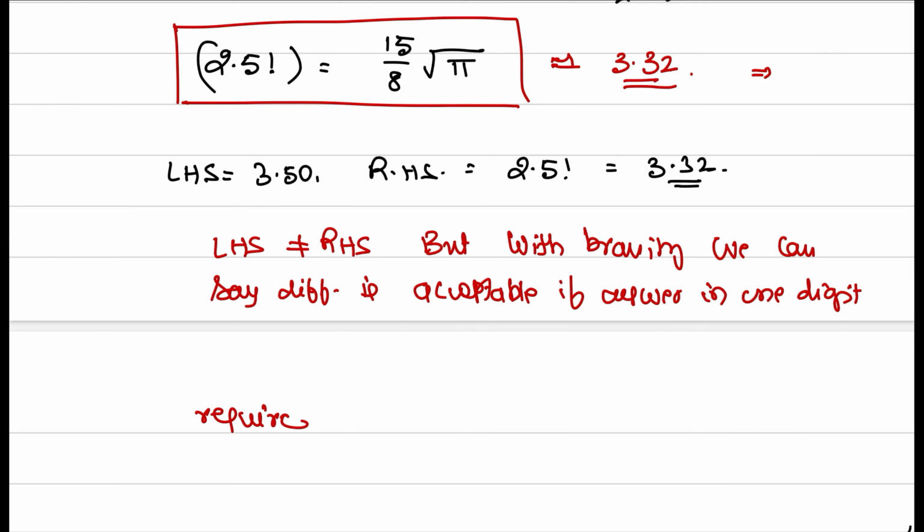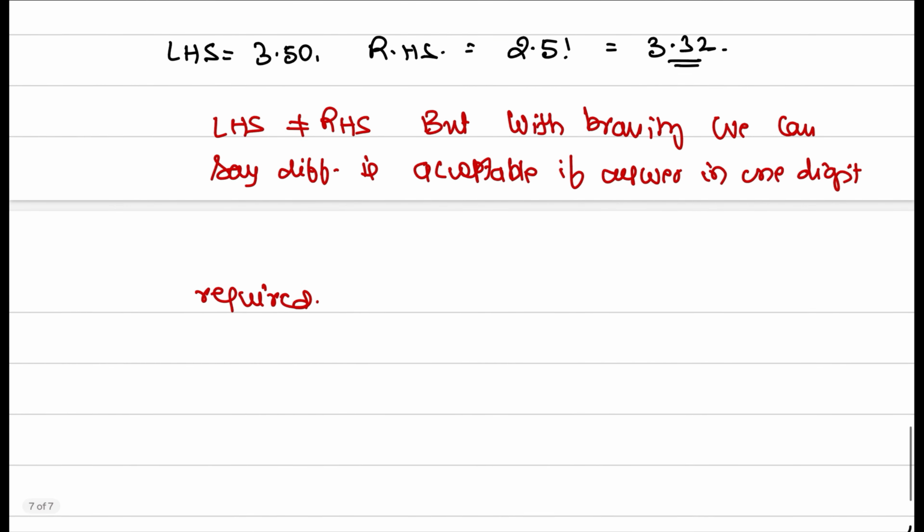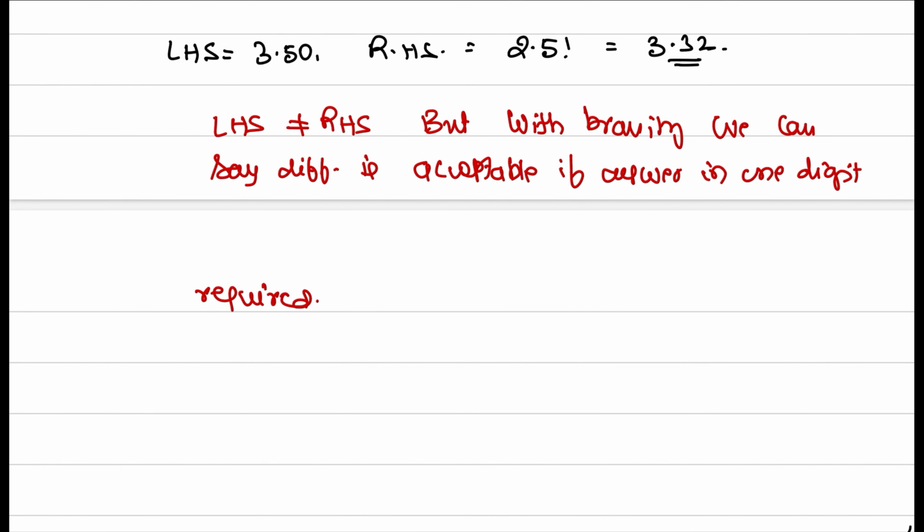Because we are not using any calculator, we are moving with this answer, and we can say x is approximately equal to 2.5. You can even go further